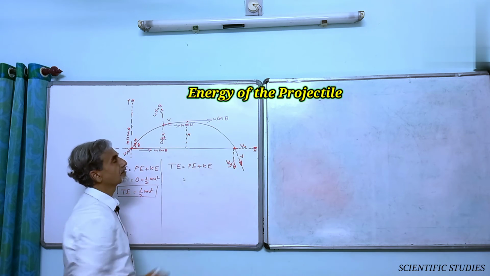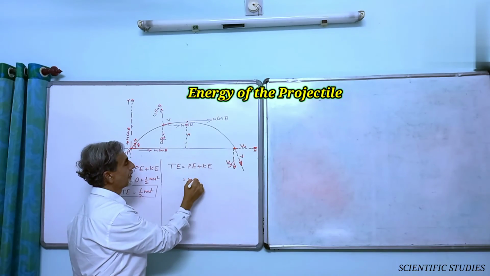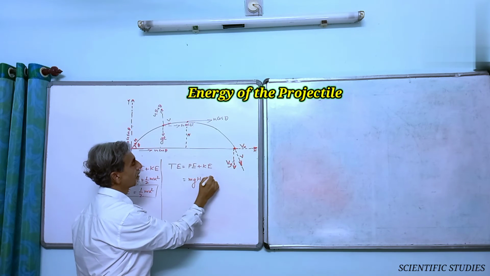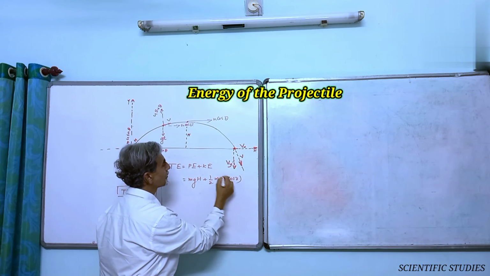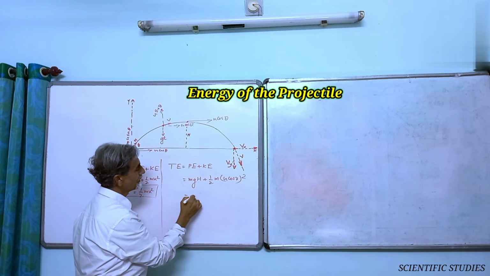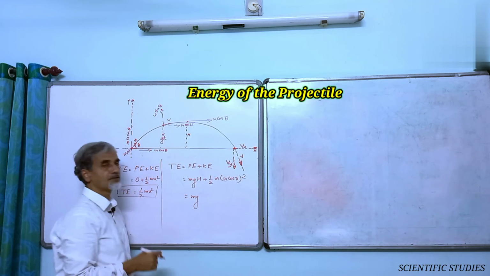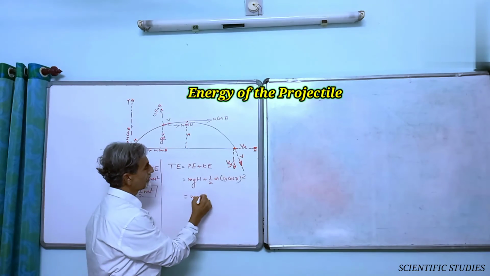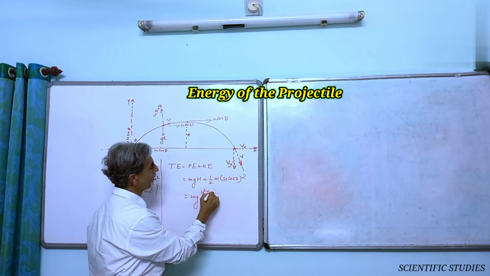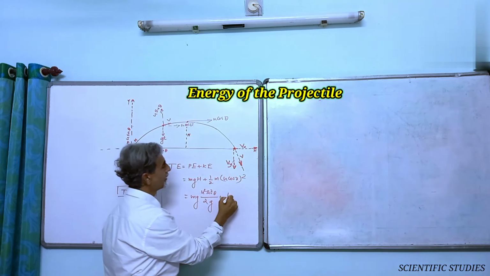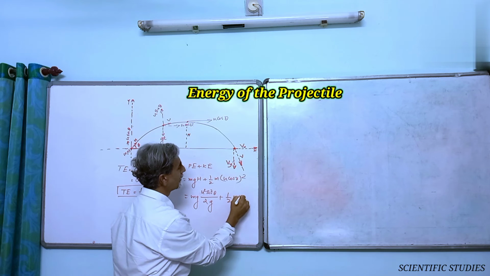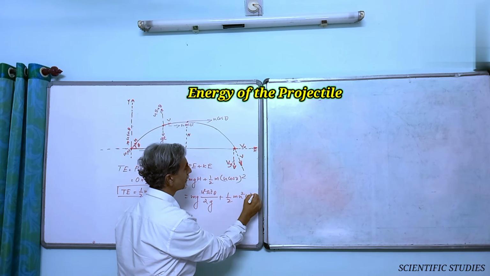Here the potential energy, that is mgh plus half m (u cos theta) the whole square, that is equal to mg, we know h is equal to u square sin square theta by 2g, into u square sin square theta by 2g, plus half m u square cos square theta,